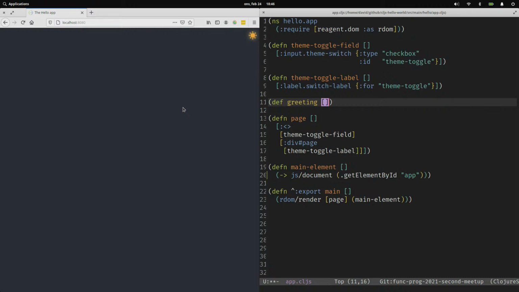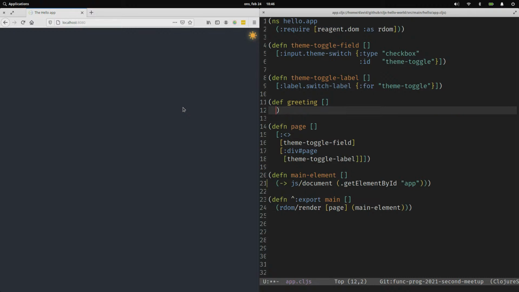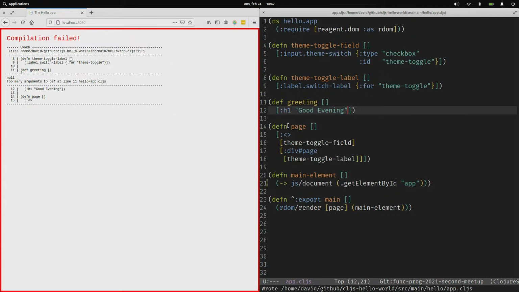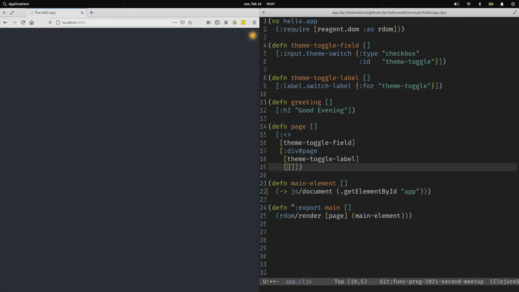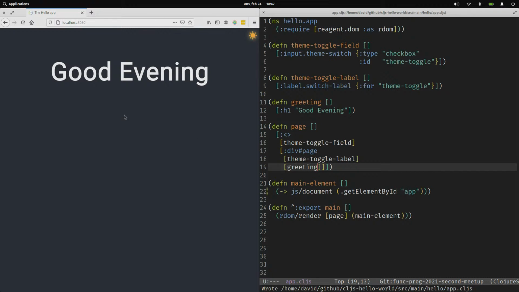So I'm going to start by creating a function that will become a component. And for that one, I think I'm going to use a header. Something like this. Oh, I have done something terribly wrong. There. Good. But nobody is using my component here, so I'm going to put it just after that toggle label, like this. Nice. So I have my web page that tells everyone good evening,